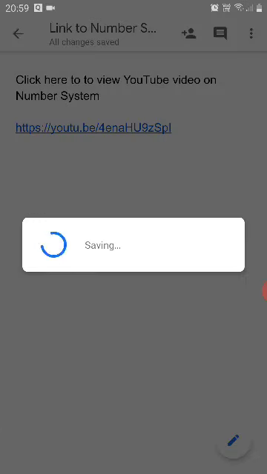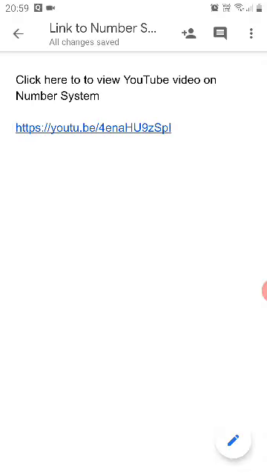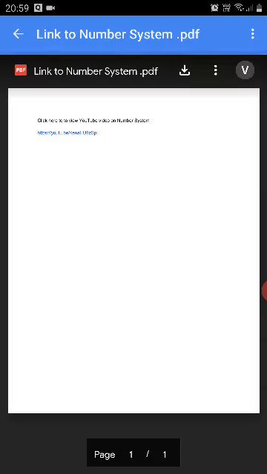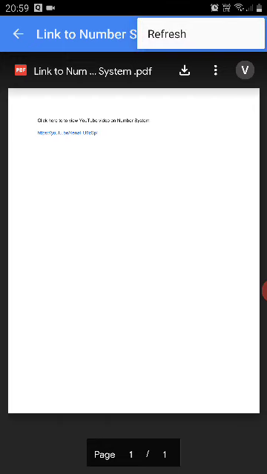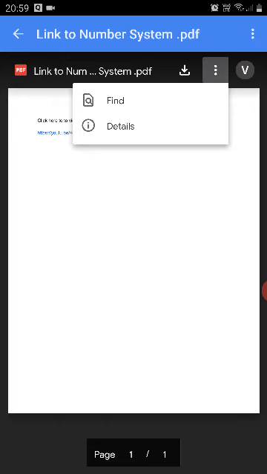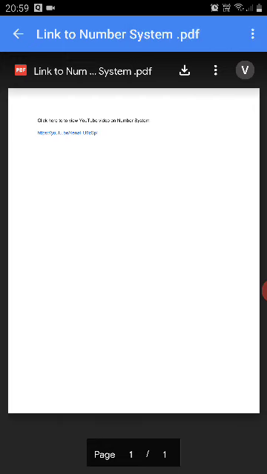After some time you will see the saving process is done, and it is showing that the file is converted to PDF. You can see here it is named link to number system dot PDF. Now this window will show that your file is created. You can even go to download, where the download button is there, and you can download this.